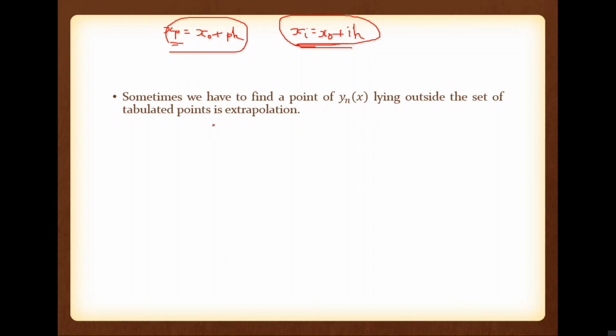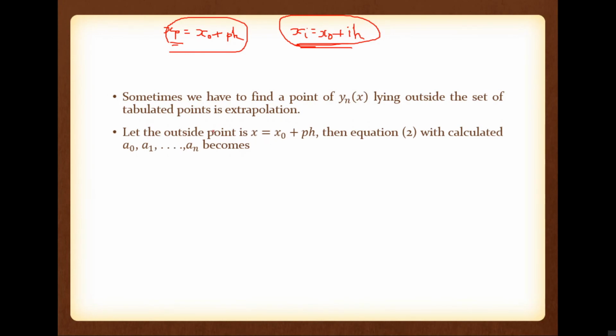We are going to find the new point, that is xp equal to x0 plus ph, where xp is the point. Later we can relax this and remove this p. If you remove this p, then x will be a variable. If x is a variable, p is also a variable. Why? x0 is the given data, that is constant, h is also constant, this one is a period, that is also constant. Then if x is variable, p is also a variable. Only p is a variable. So later we can relax that. For the time being, assume that this one is a new point xp that is fixed. Then if it is fixed, p is also fixed.